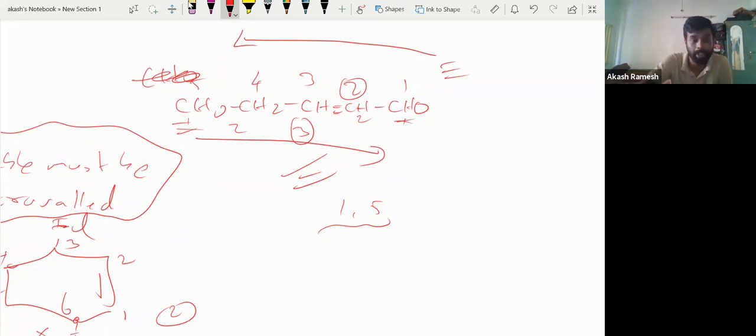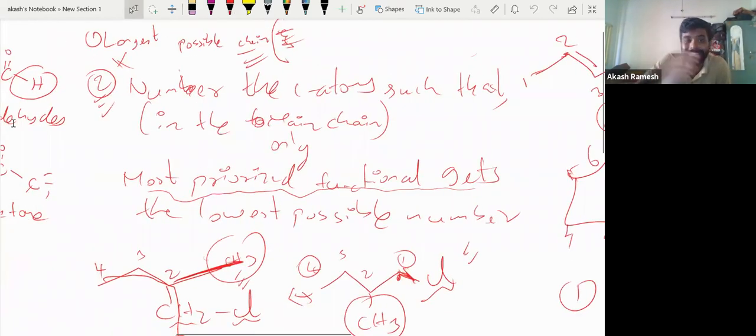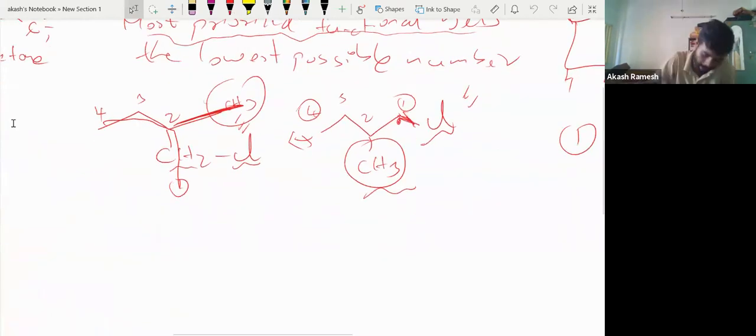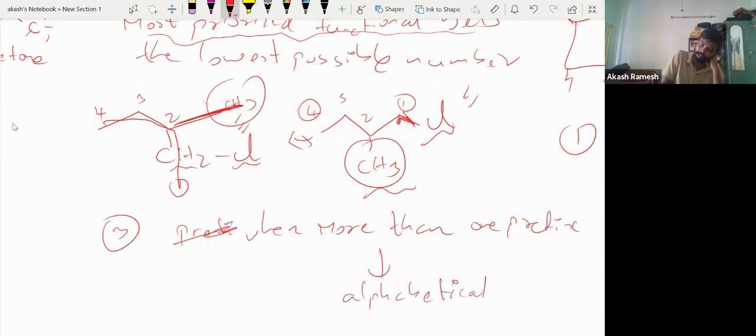Okay. So the second point is sorted. First and second points are sorted, right? Now the longest possible chain and the numbering of carbon atoms are sorted. Now the third point is when you talk about the prefixes. When more than one prefix is there, you have to write the prefixes in their alphabetical order, right? In their alphabetical order. For example,